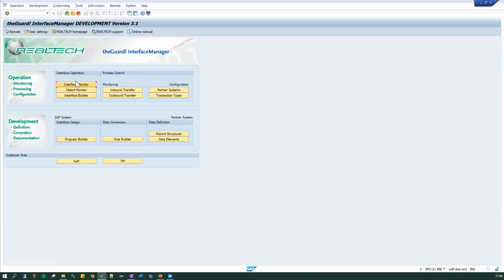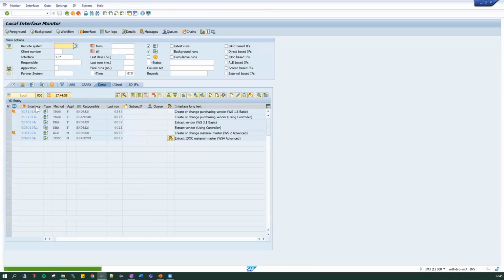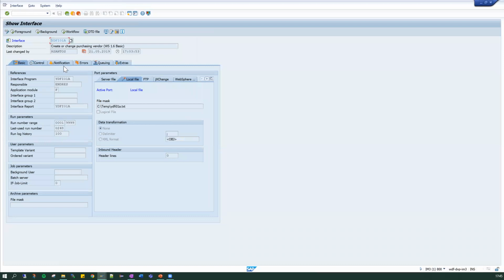Once we go to the interface builder, I will go via here because I can already see them. We have here the part for the configuration. How are we going to process it? And this is where we have the information. So are we going to receive what? Is it a local file that we receive from the email we download and then we just execute it? Is it a server file which arrives to the server,